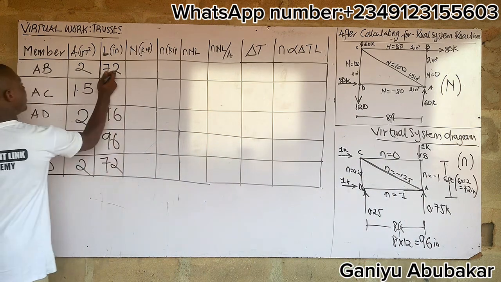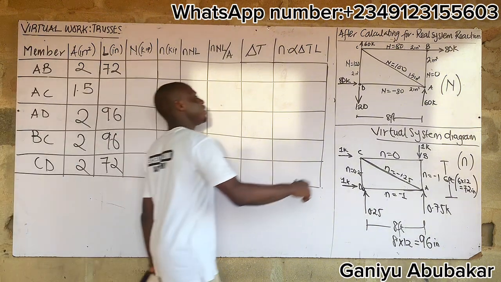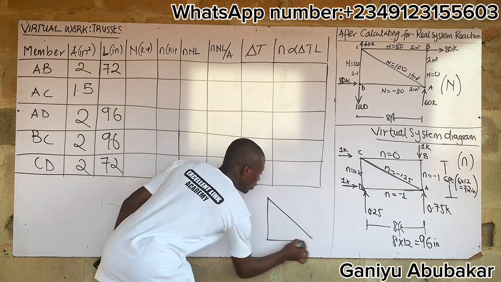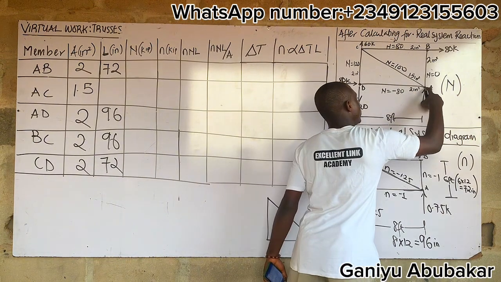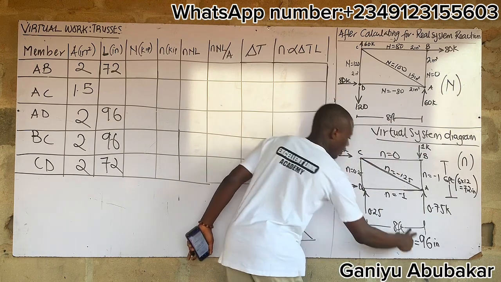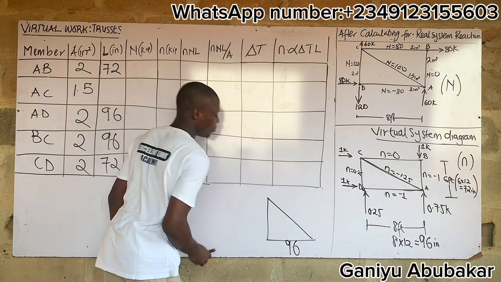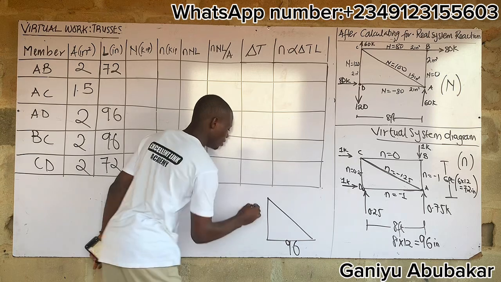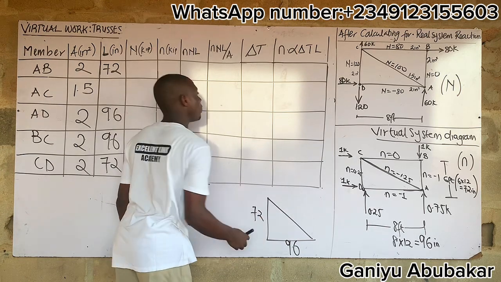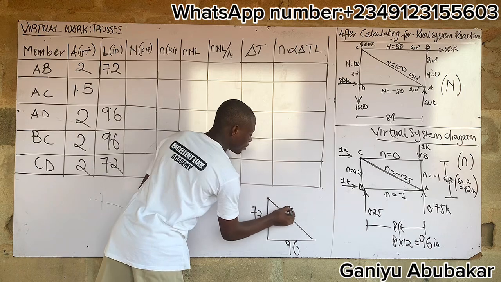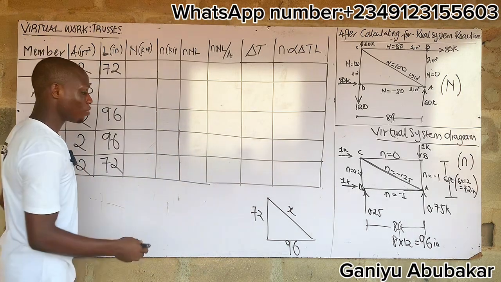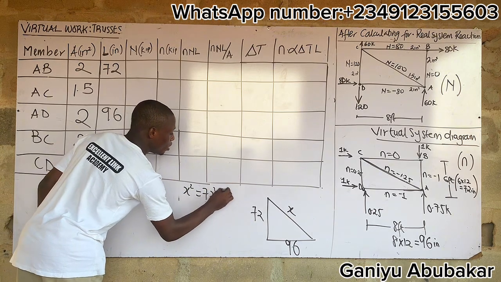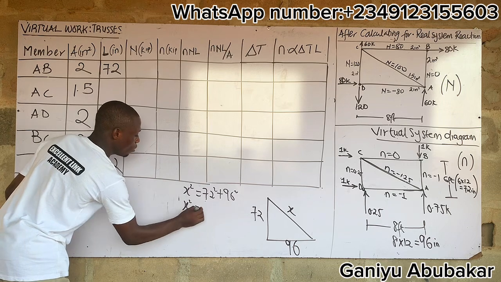Now let's get AC. Now look up, please. My AC is in this form, right? So I have something of this nature, my AC. Now draw this out. You said one side is 8 feet. And what's 8 feet? 96 inches. So this is 96 inches here. Also, the other side is 6 feet. And it's what there? 72 inches. Let's get here so that I can put the value here. Let me call here X. So I'll use what? Pythagoras theorem. That's what? X squared equal to what? 72 square plus 96 square. X squared equal to 72 square